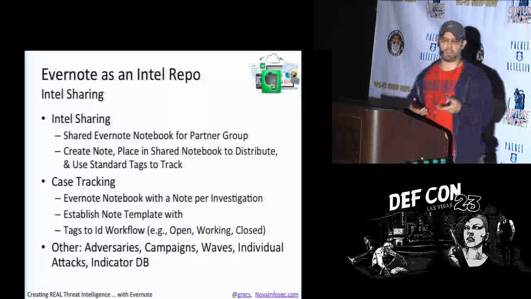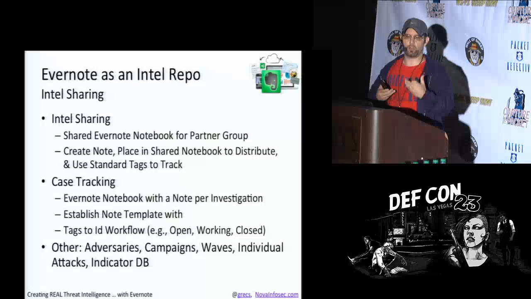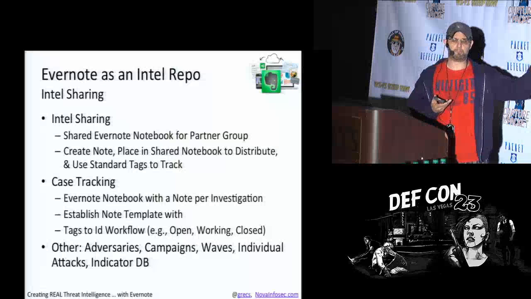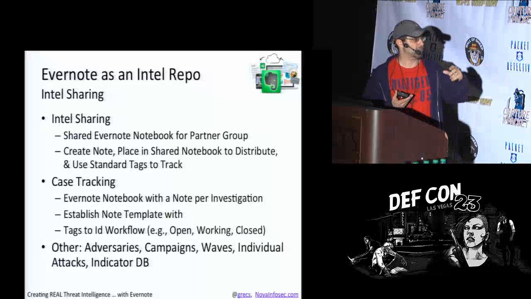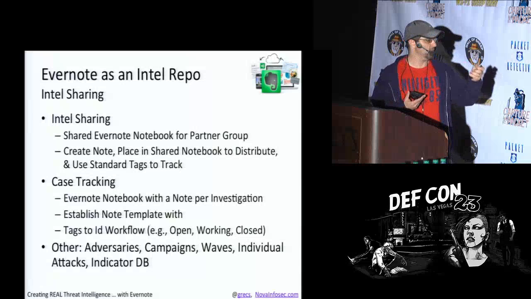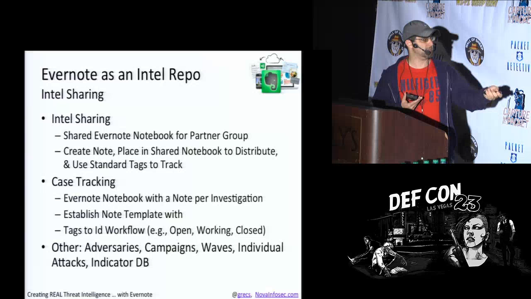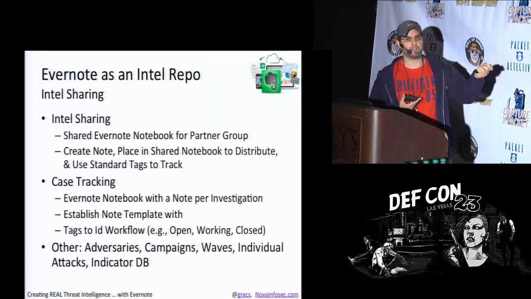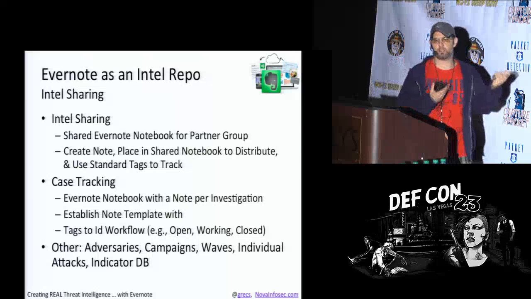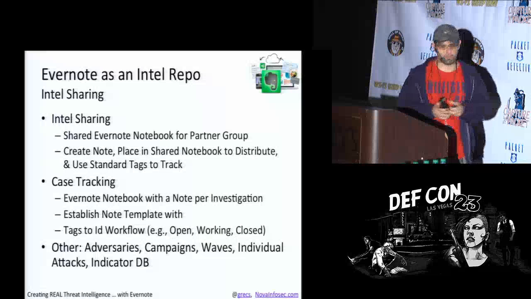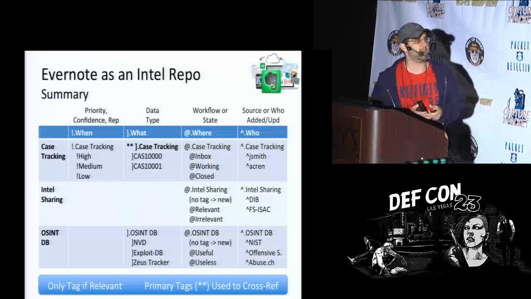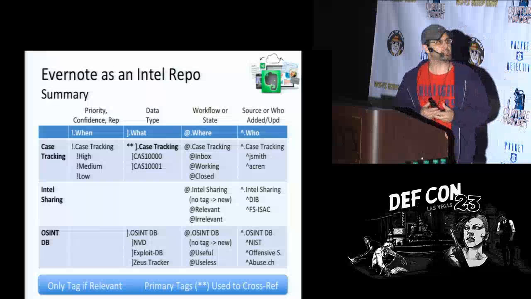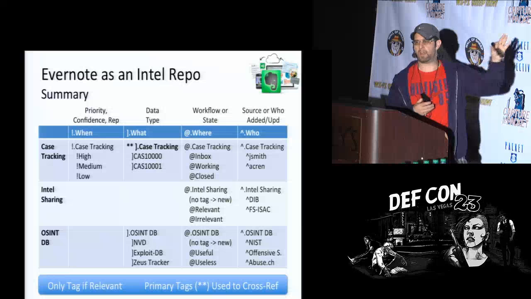So you basically have a notebook where every note is an indicator of some sort. So I could go and look at an IP or a domain, and I could essentially cross-reference that with the adversaries, campaigns, waves, the cases that are associated with it, and then lastly, where I got that from, partners or if it was from open source. So this was my kind of quick cut at creating this, using the secret weapon, who, what, when, where philosophy.